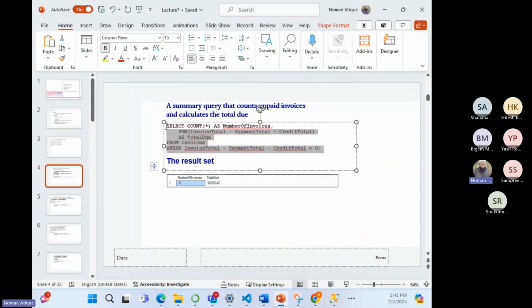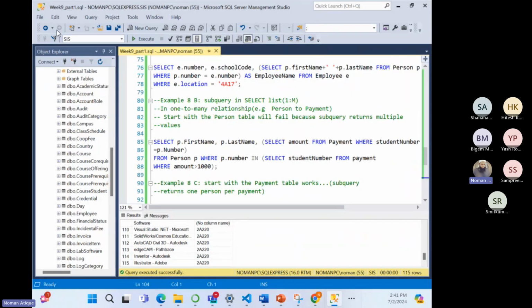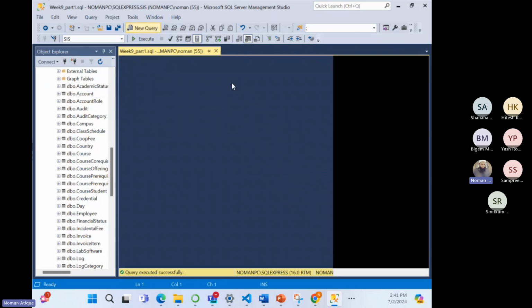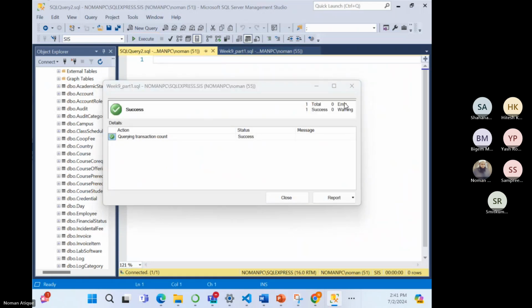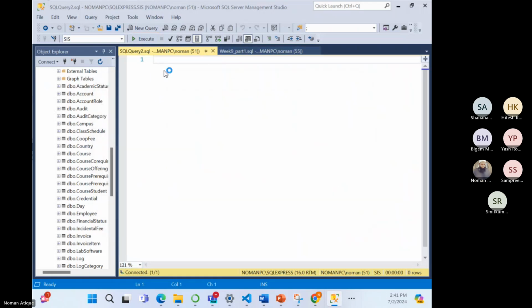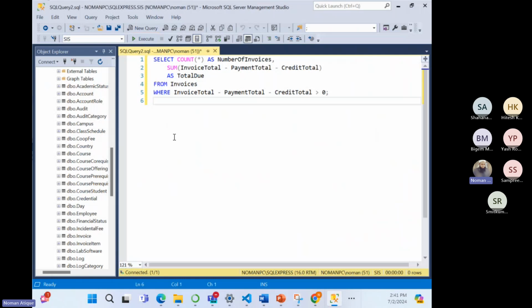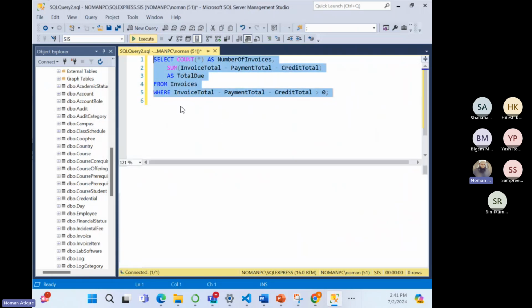So if I come here, I will create another file for this one. I'll start a new query and keep that as part 2. So part 1 is closed. If I write this query, select count star as number of invoices, and if I run that one,